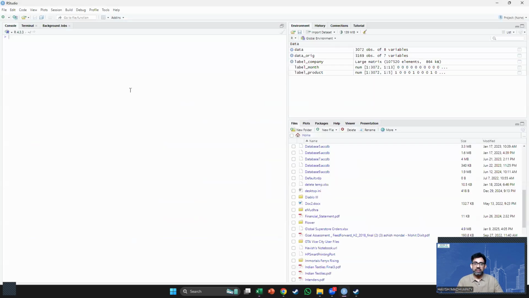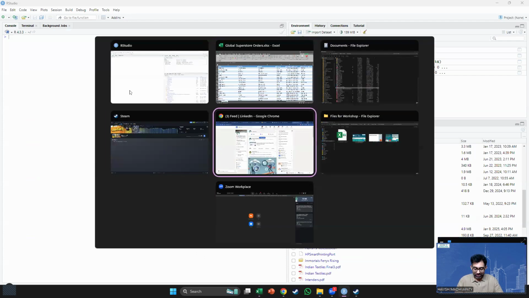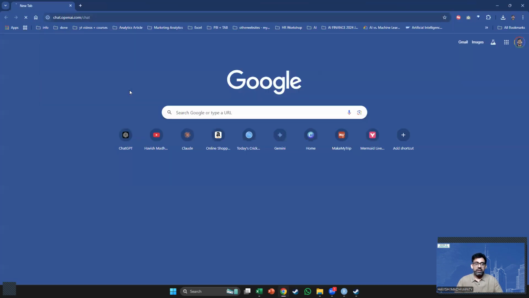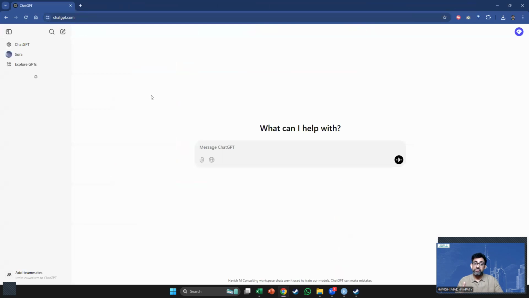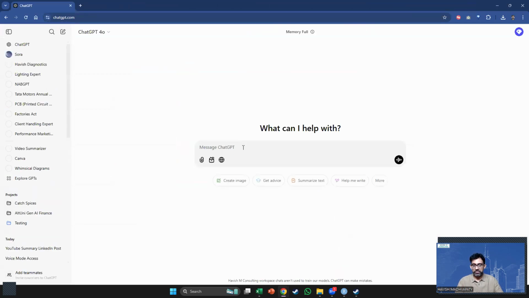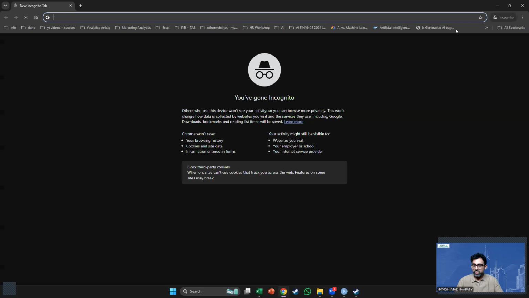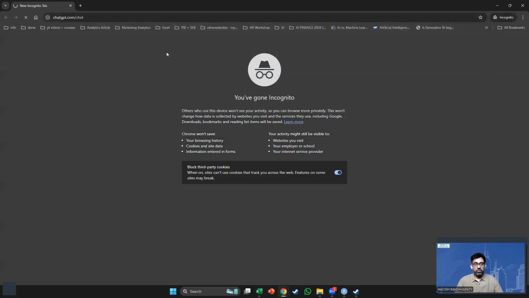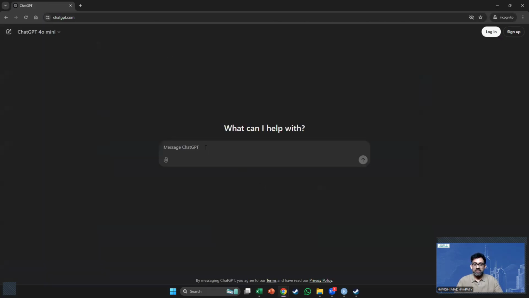Now, assuming that you don't know how to load that Excel file, this is where we can use ChatGPT. Now, remember, this will work on the free version of ChatGPT as well. In fact, I'm going to work on the free version. Let us go to ChatGPT. Now, the first thing I will say is that I have a data set called Global Superstore